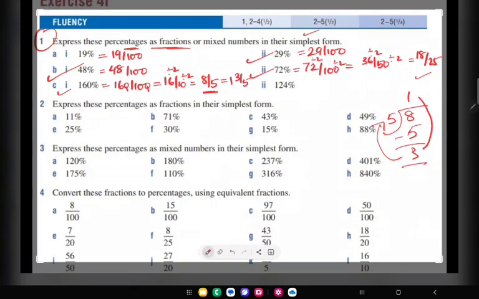Okay. So similarly, we can do question 2. 11%, they're saying convert percentages to fractions in the simplest form. So 11% is 11 over 100. 11 is a prime number, we can't simplify. 71% is 71 over 100. 71 is a prime number again. 43% is 43 over 100. 43 is another prime number. Well, there are so many primes. And then if